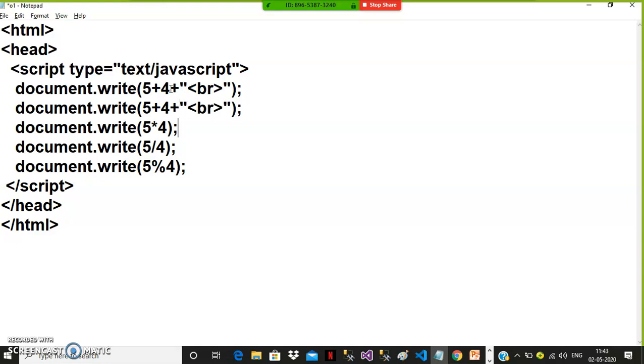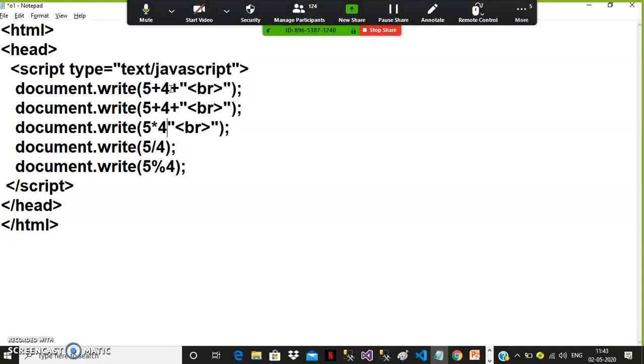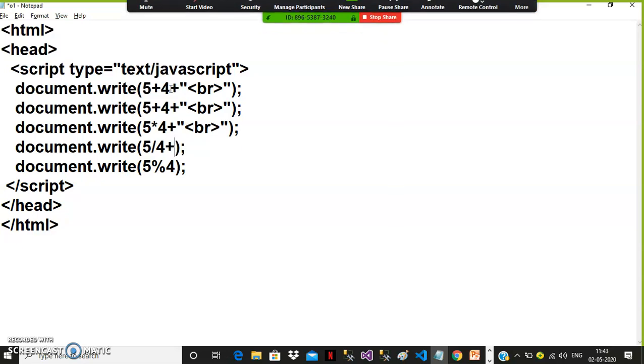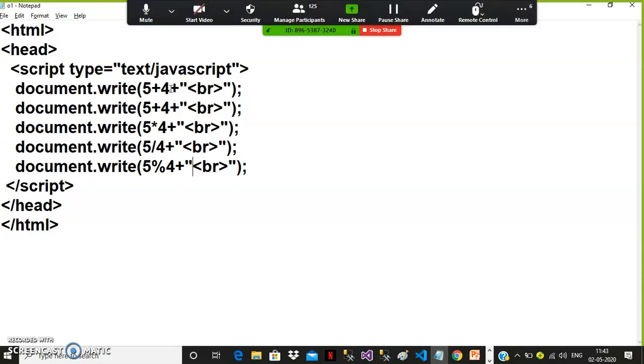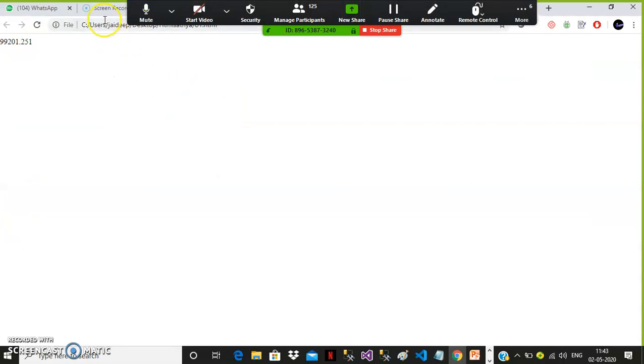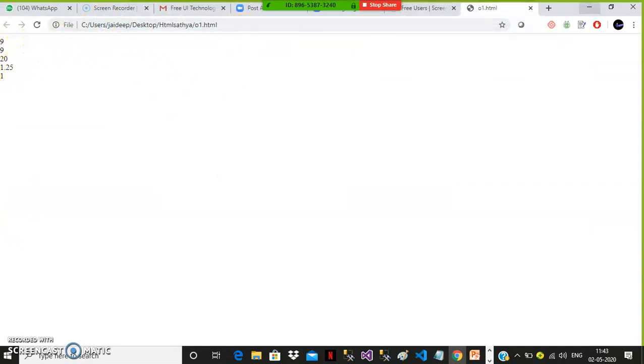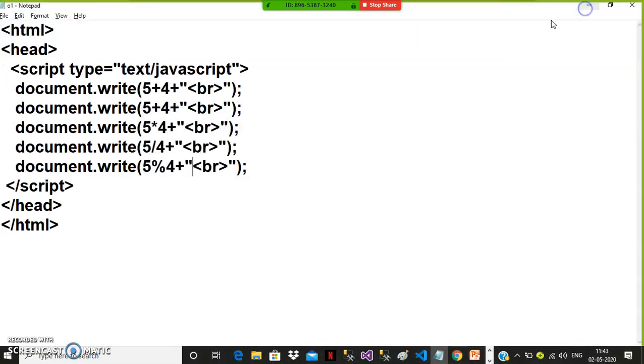Here you can give plus, keeping the tag inside double quotes, so that it will move the cursor to the next line. Let us see the output. Just refresh. Sum is 9, 9, 20, 1.25 and 1. Are you following, everyone? That is how you can work with these operators.